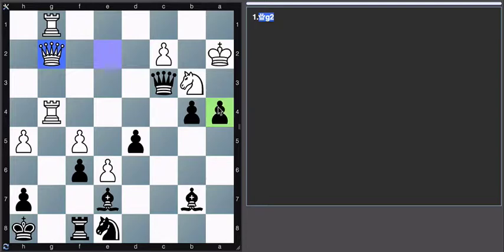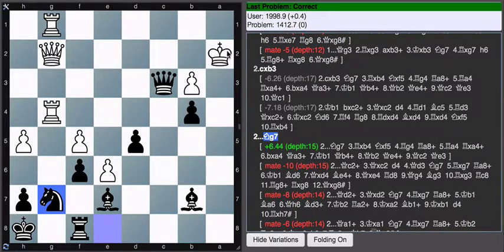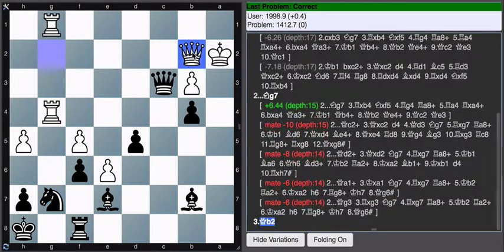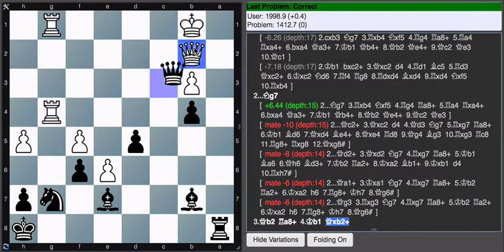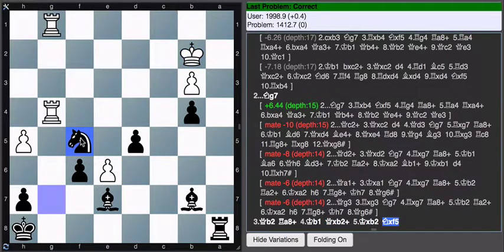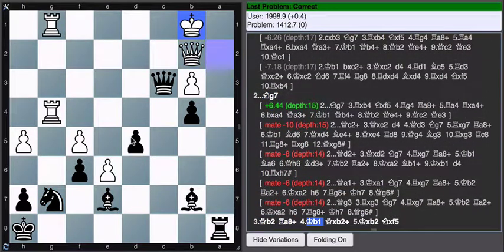Alright, let's go ahead and play it. Pawn check, pawn takes, knight g7, queen b2, rook check, king b1, lots of options here. I can take, take, take. I could check,